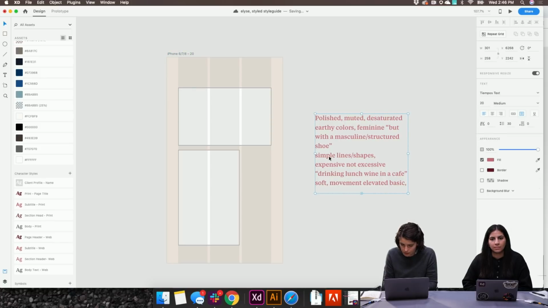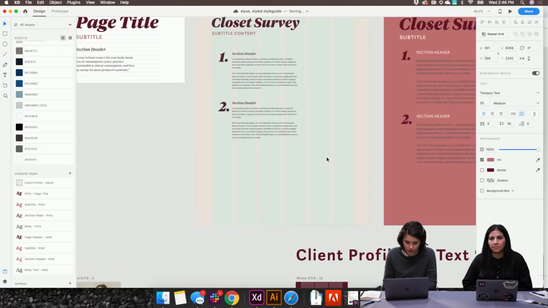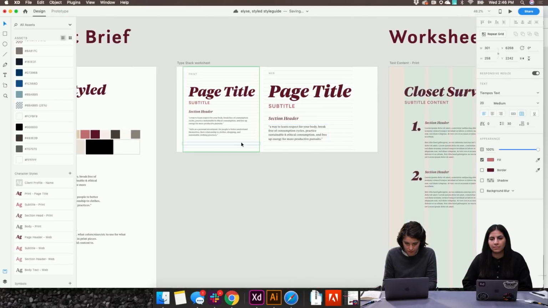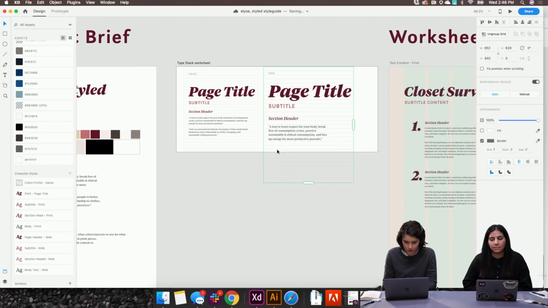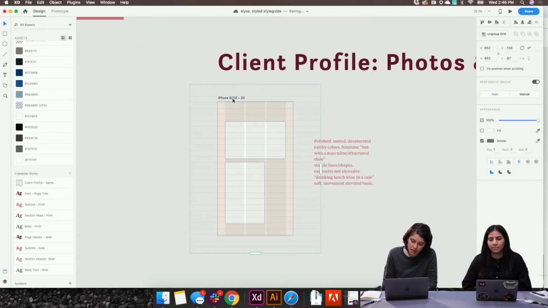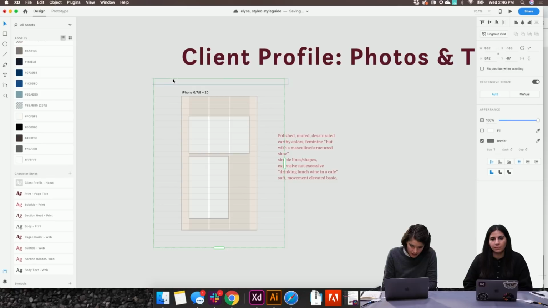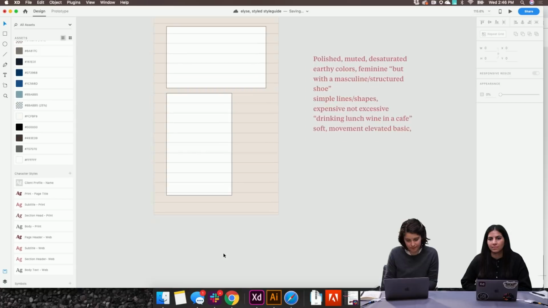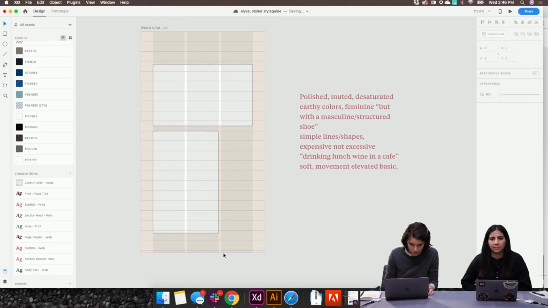And I'm also going to borrow a vertical grid from our type stack, just to see how that might help us create a vertical grid for these client profile pages.